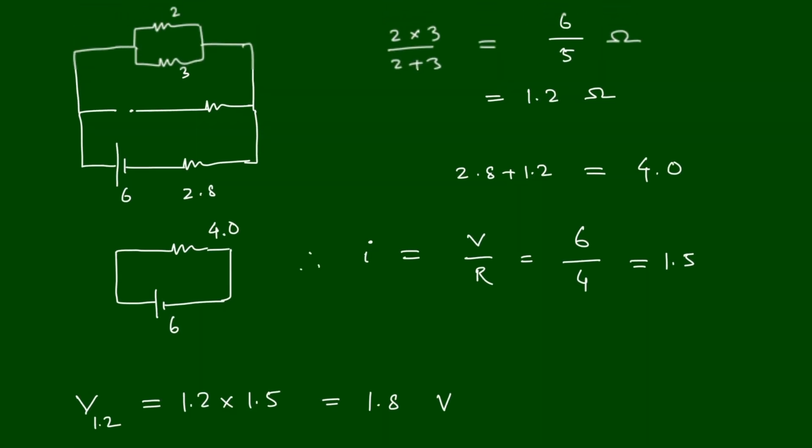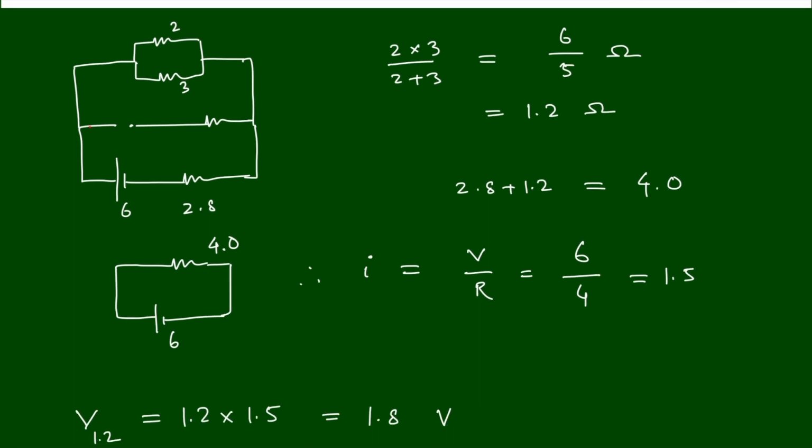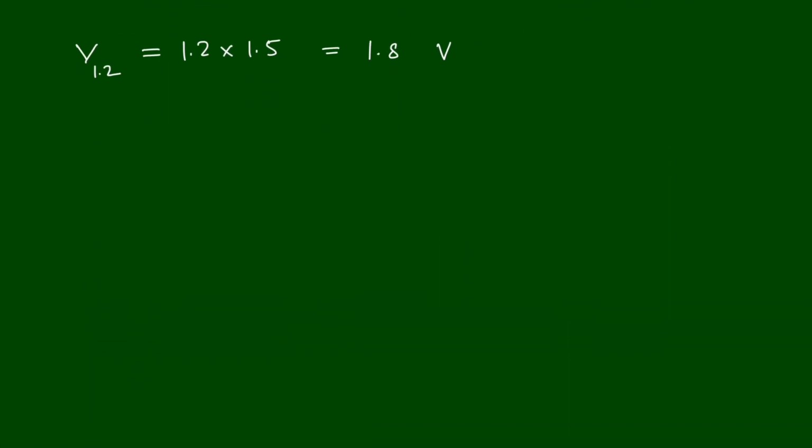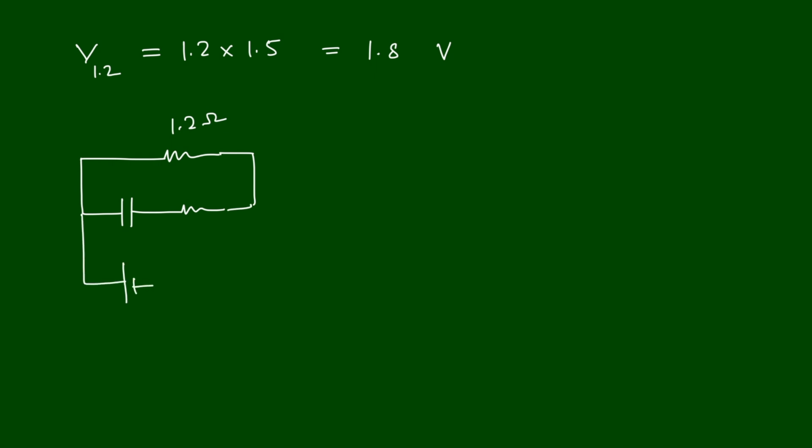Now as there is no current flowing through this branch, we can say the potential difference across these two is the same. Let's do one thing, draw it another way. So this is 1.2 ohm, here the capacitance, resistance, the battery is there, another resistance, this is 2.8. Now this point I am taking as A, this point is B, point C.